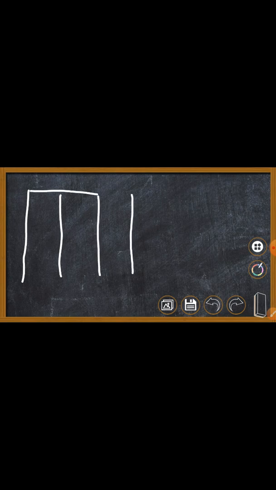The box which has been given here is a 3 into 3 box. 3 into 3 box means what? 3 into 3 is 9. So the total number of boxes, if you count, is 9. There is another rows and columns concept of 3 into 3, which I don't want to explain right now because it's not in your syllabus.